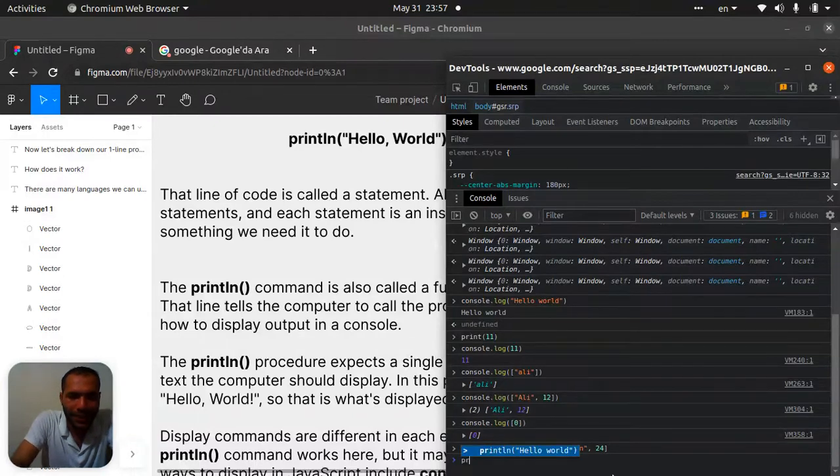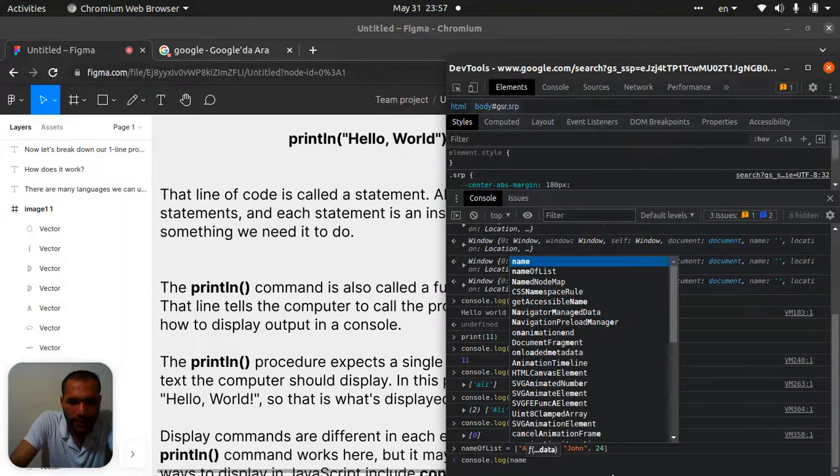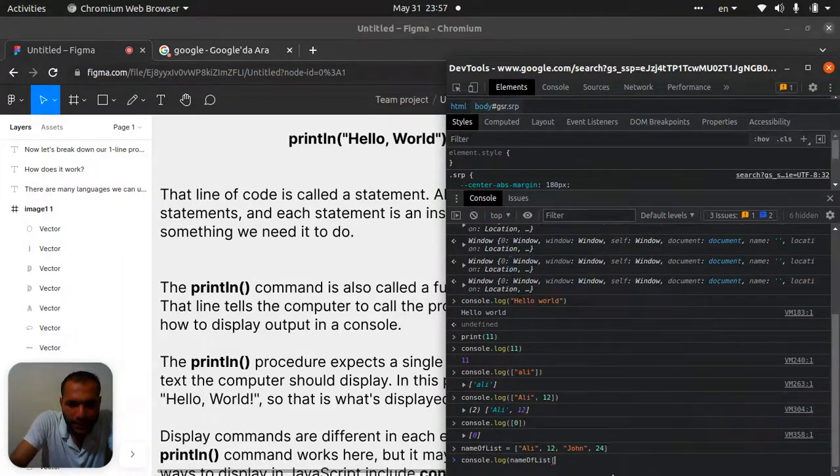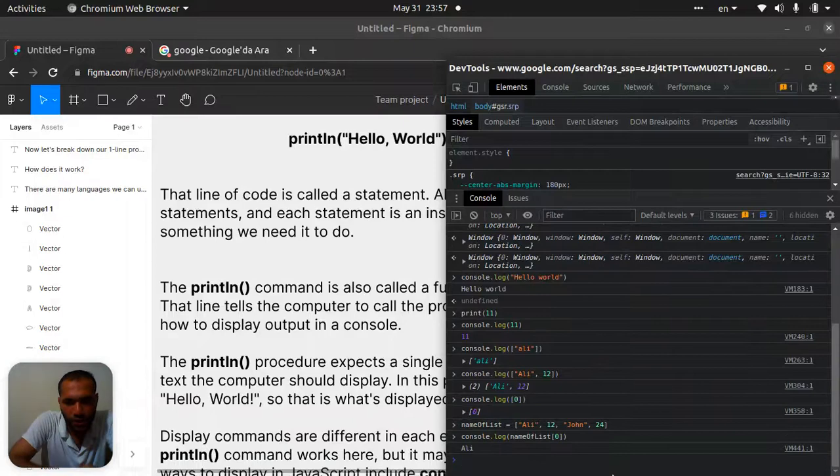We'll say console.log, and open it, and let's say name of list, and zero index, and close it. What will it show us? Ali. Did you see?